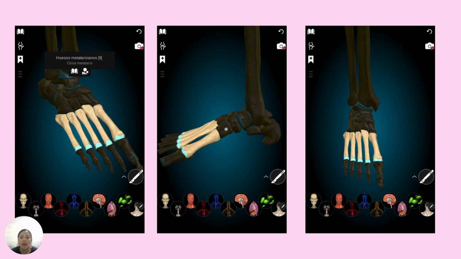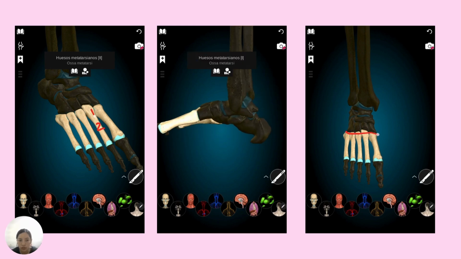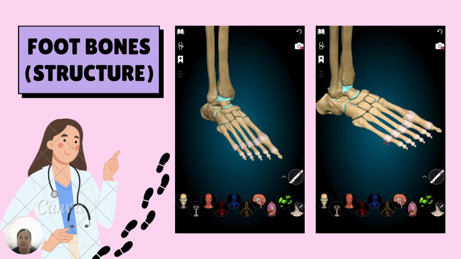And now I am going to talk about the arches of the foot, that are two main arches. The transverse arch is from side to side, and also the longitudinal arch from front to back. These arches are crucial to weight distribution and also shock absorption. And finally, the toes and phalanges are important